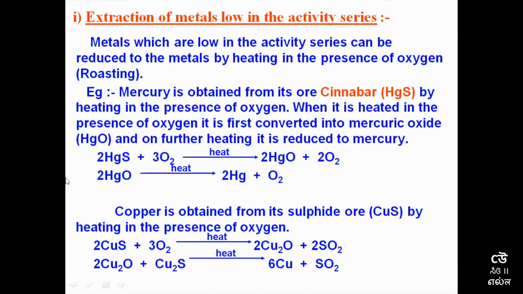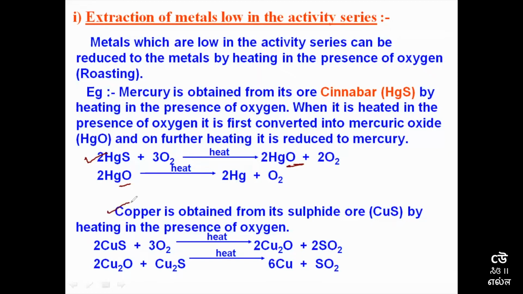So the reaction here shows that we had cinnabar, which when combined with oxygen, because we are performing roasting, mercuric oxide and oxygen gas is formed. This mercuric oxide on further heating forms mercury metal, and again this reaction will still release some amount of oxygen gas. Same happens in the case of